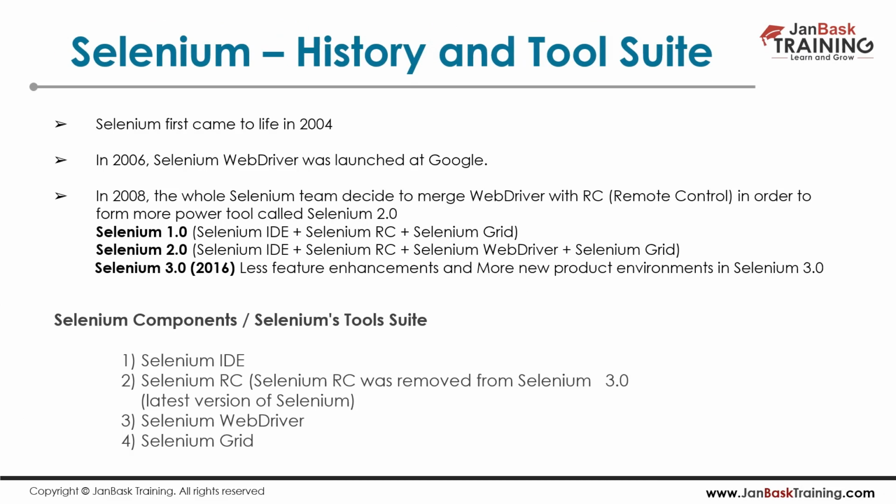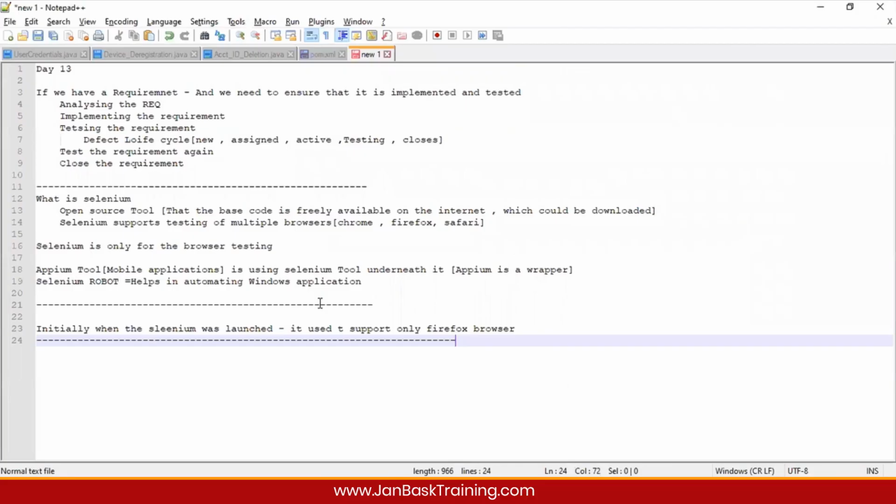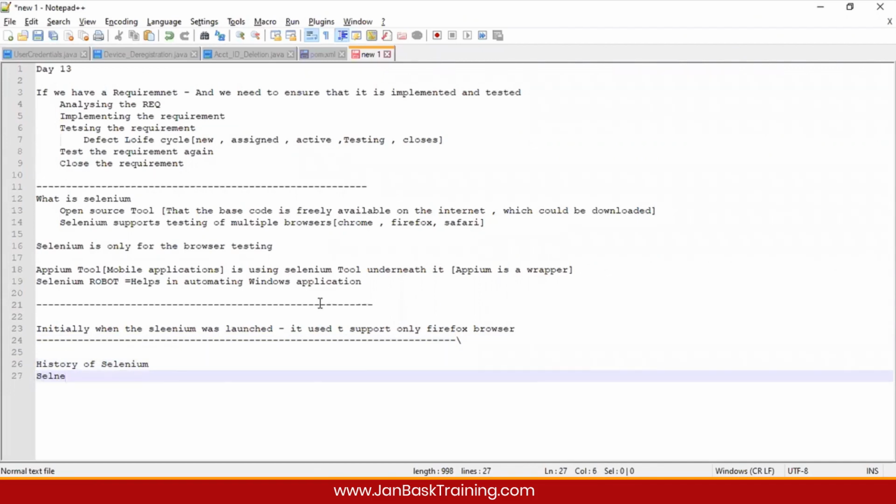So team, now we have different components that we need to talk about in Selenium. So let's see about the history. History of Selenium. First was Selenium 1.0. In Selenium 1.0, when Selenium was established for the very first time, what did the Selenium people give us? They gave us Selenium IDE.